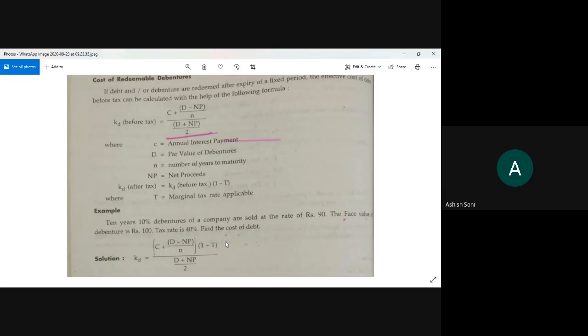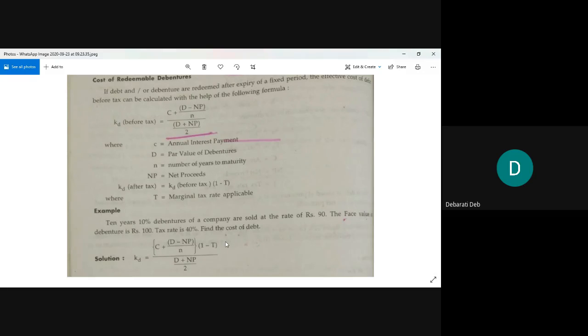Ma'am, the debentures are already issued. Ma'am, the number of years are given. Yes, the number of years to maturity will be given in cost of redeemable debentures, because the debentures will be